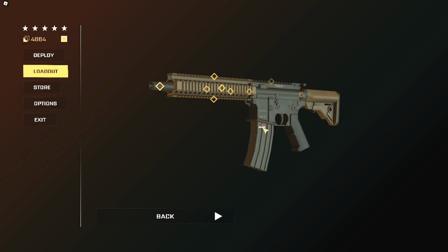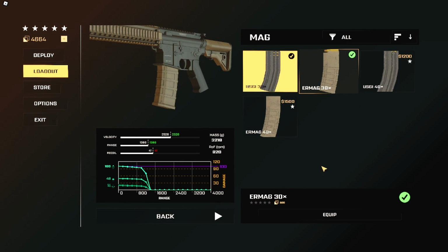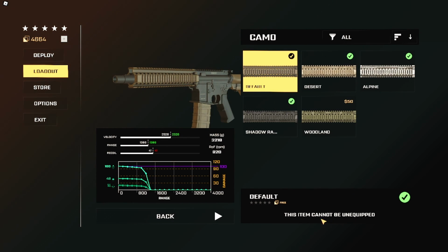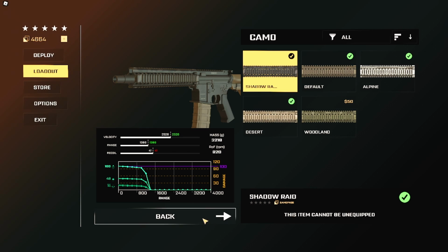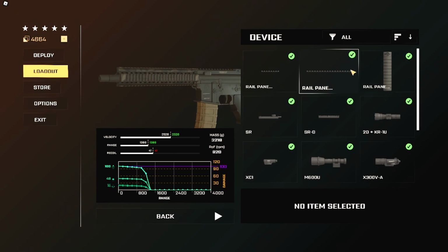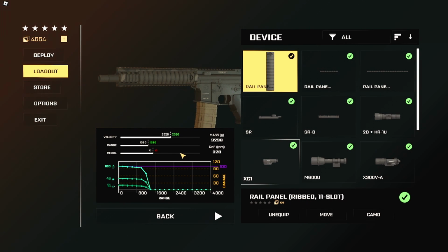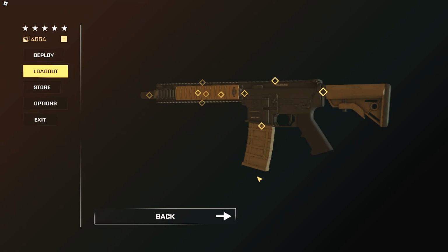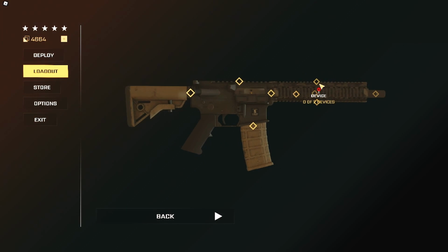Alright, now for the Mark 18, what we're going to do here is put on the ER mag, keep that stock, and for the handguard, if you have Shadow Raid, I like to put it on just to keep the colors contrasted so I can put this rail panel on and color it desert so you can have that kind of look there. You can put it on both sides here,